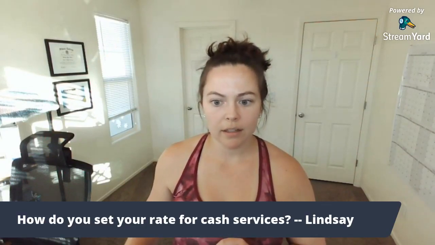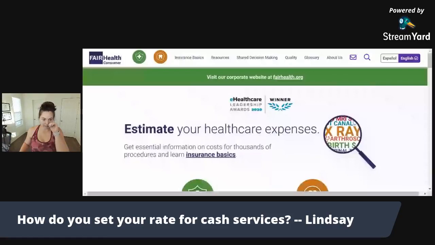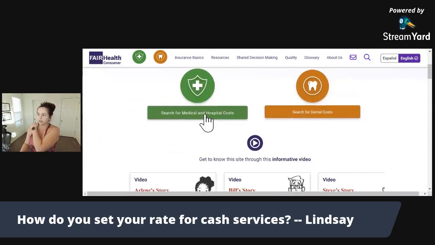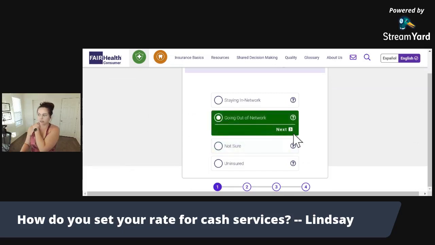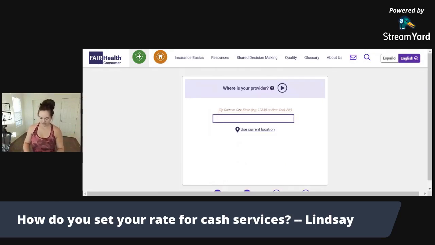She shared this with me because I wasn't really sure where to find the stuff to make a fee schedule and CPT codes either. So she shared this website with me. It's called Fair Health Consumer, and you can go to medical and hospital costs, either in network or out of network, just figuring out which one you want information on, clicking next.